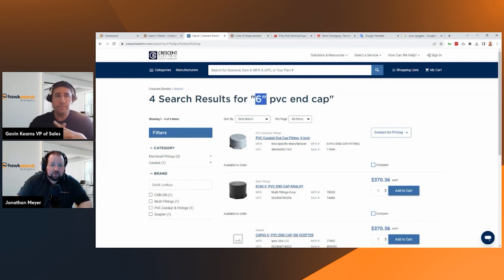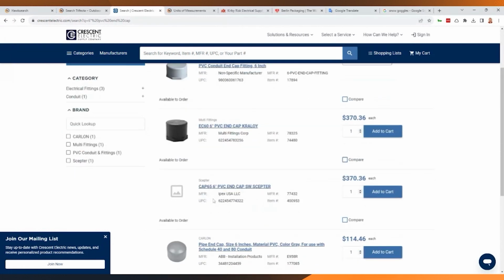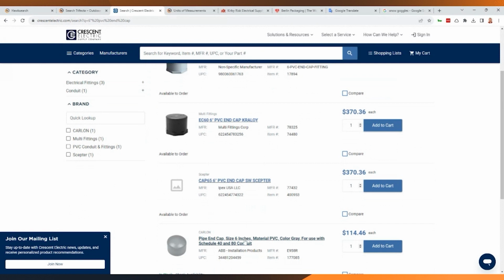So I've searched for 6 double quotation, obviously meaning inch, and the results that we're finding here, to Gavin, your point there, the way that they're getting this from their vendors is different from each vendor. So this vendor passes along the unit of measurement of inch as INCH. This vendor uses double quotation. This other vendor uses INCHES. And so there's inconsistency in the data.